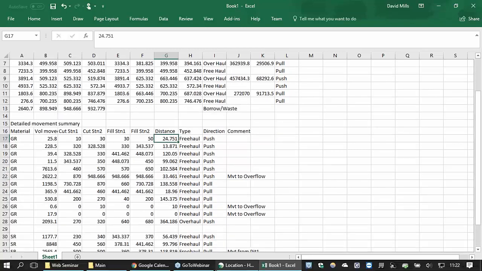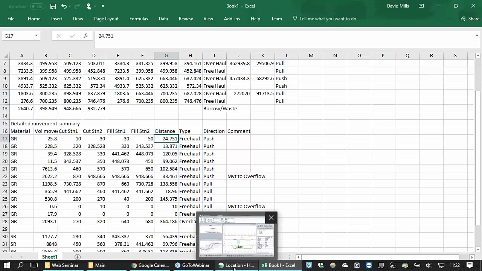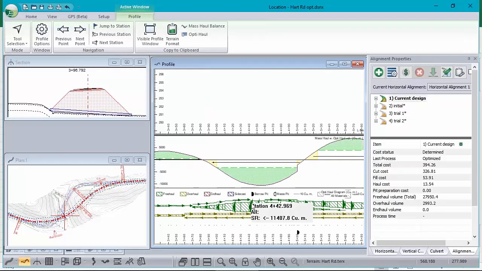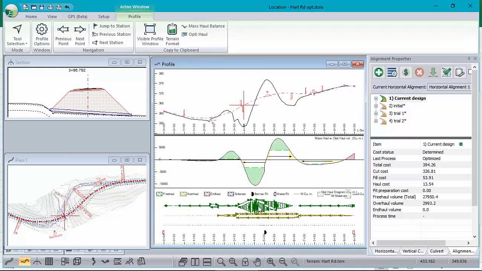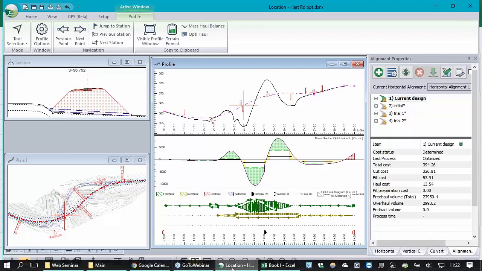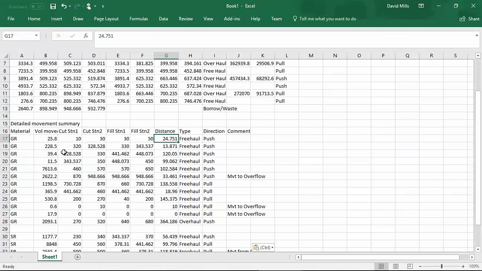So all of these little arrows inside the graph are basically laid out in a text format, and it's the kind of thing you could put on as a label. We don't have an automatic label, but you could type one in here. And we've had customers do this where they would put in, okay, what is that lobe there? That's the solid rock coming mostly from the pit and moving into this fill zone over the culvert, and that in the spreadsheet is represented by